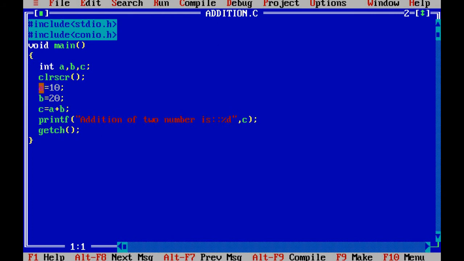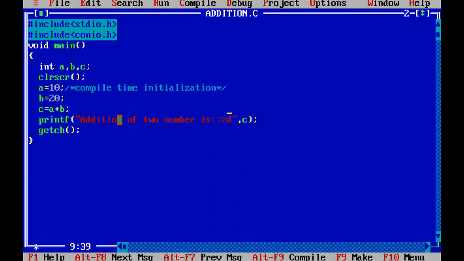Whatever initialization we do for variables a and b here is called compile time initialization.